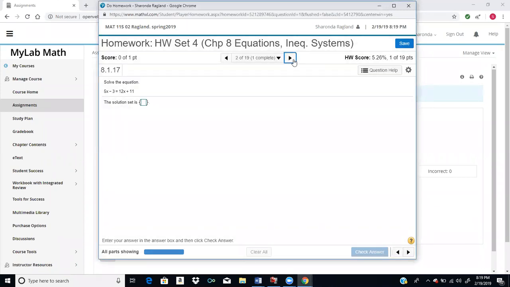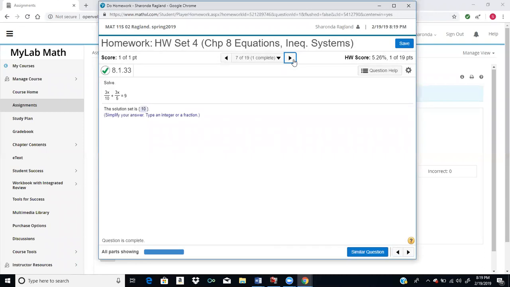So looking at the homework, the first several problems are just about solving linear equations. All right, as you can see. So basically, let's look at this one too. Let's do a similar one, even ones with fractions. All right, so if you have one with a fraction,